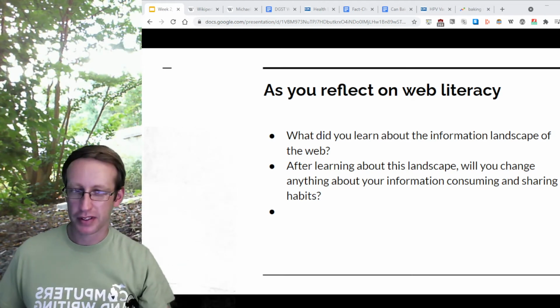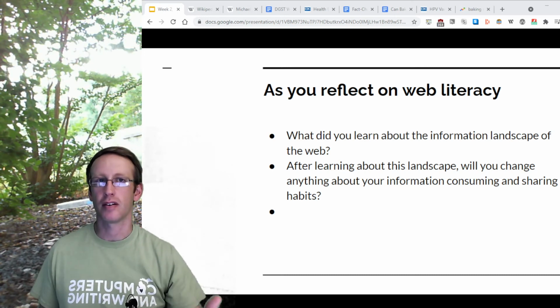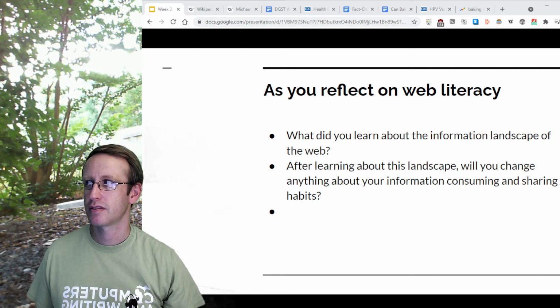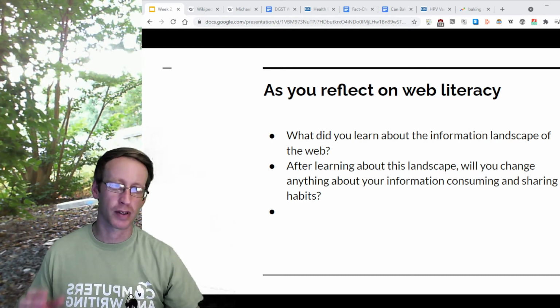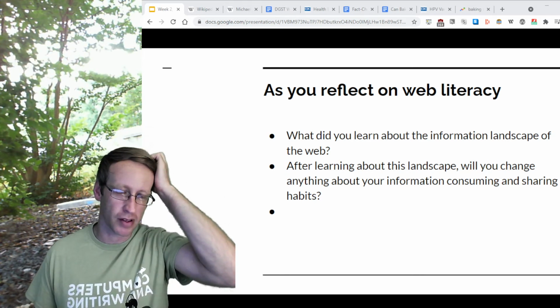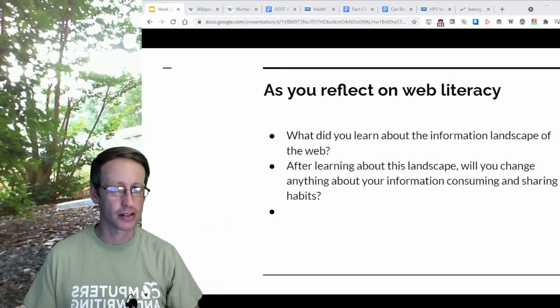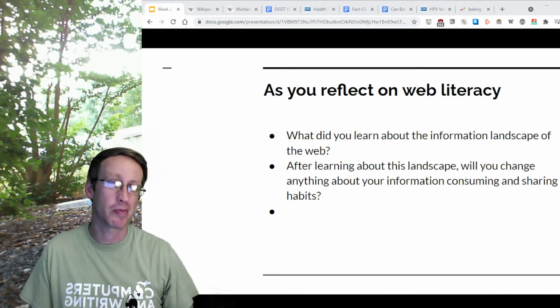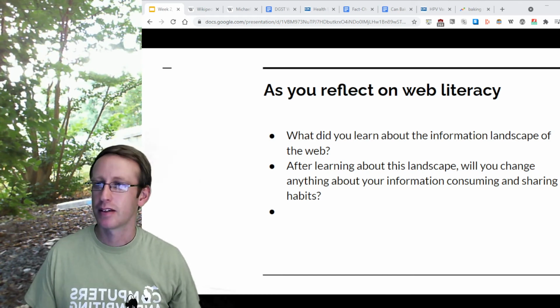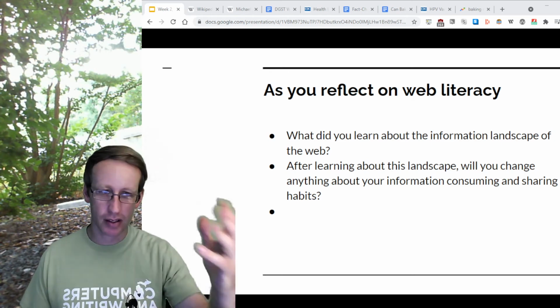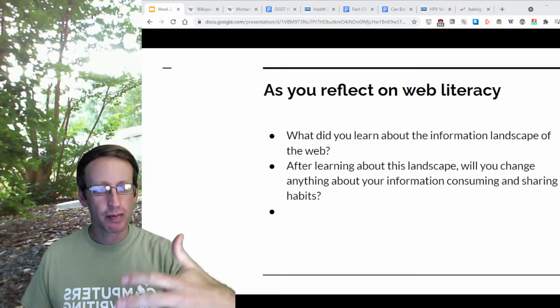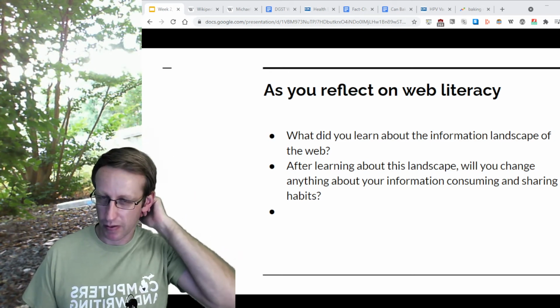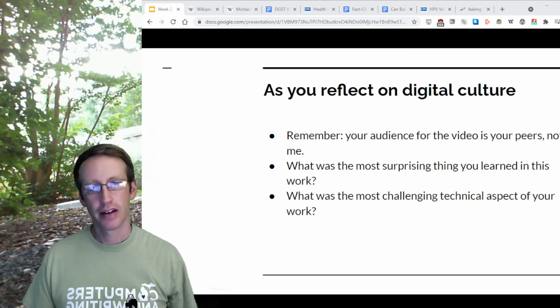I think sometimes people overcorrect after this assignment. They think, oh, everything's fake and I have to take everything apart. But that's not the case, right? We can trust a lot of things, but we can't trust other things. And understanding how to tell the difference, that's what we mean by web literacy, being able to respond to these things. So I'm kind of rambling, but these are some thoughts that I'd like for you to try to address as you reflect on your work for the web literacy project.